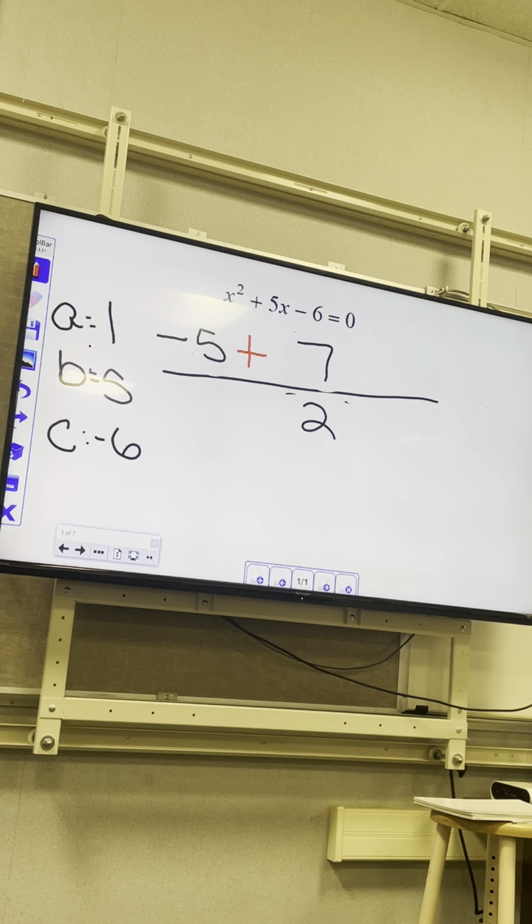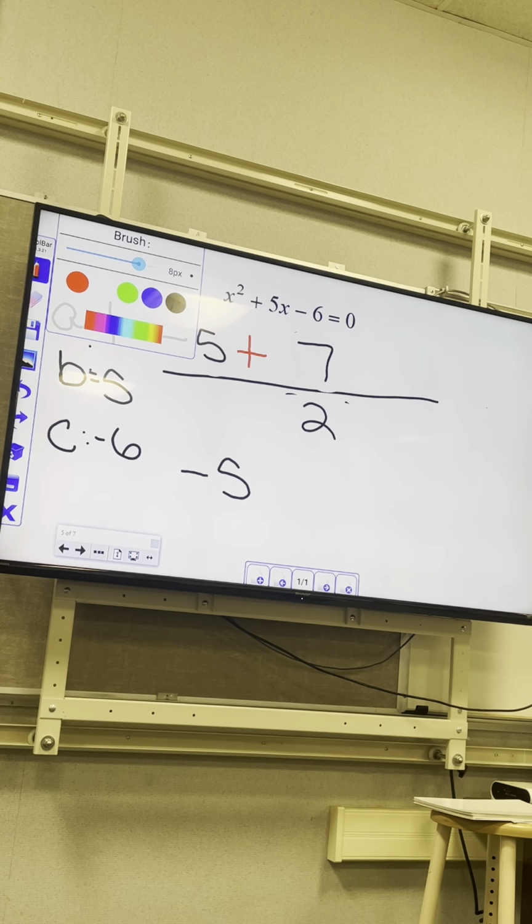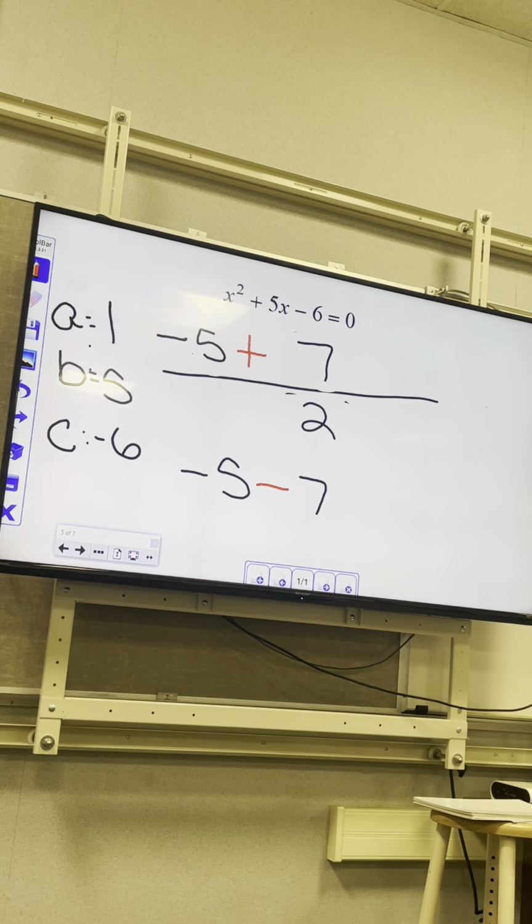Right here, I'm about to finish, and I think to myself, oh, I gotta remember to do the other guy too. Negative 5 minus 7 over 2. And now I'm ready to roll. Here we go. Let's think about it. Negative 5 plus 7 is 2. 2 over 2 is